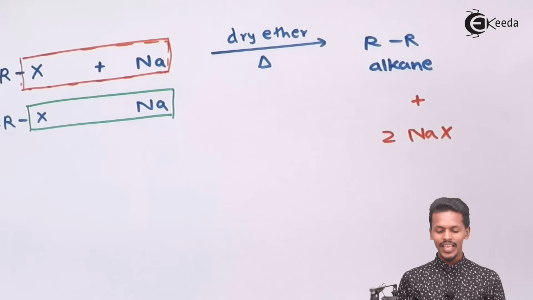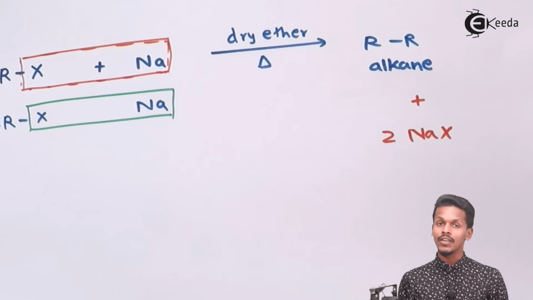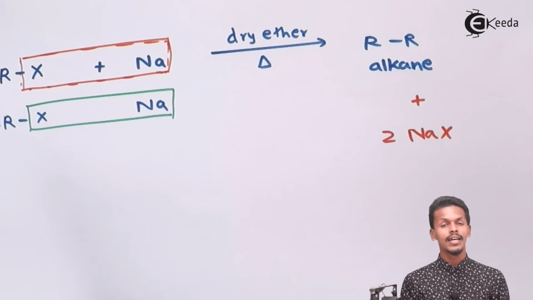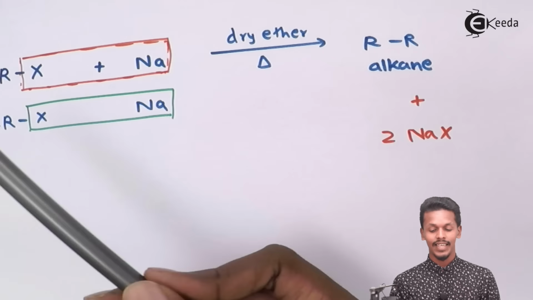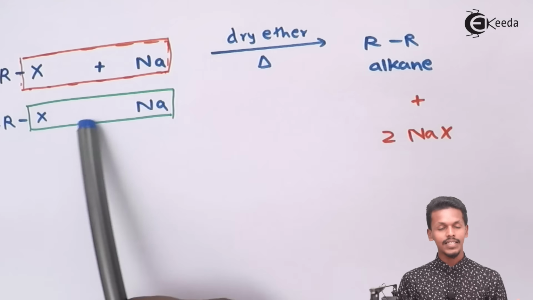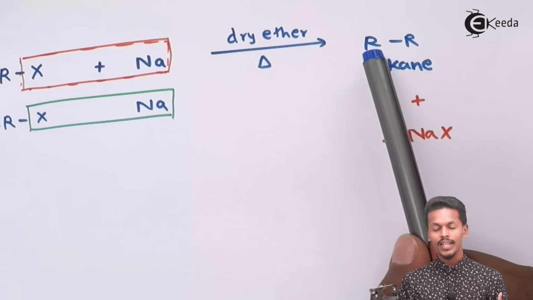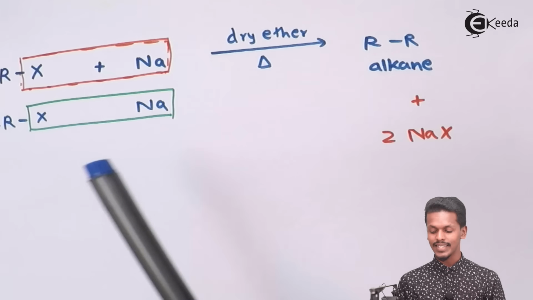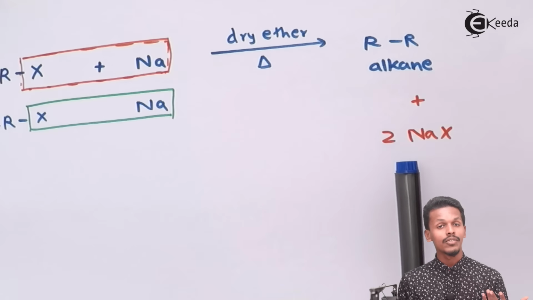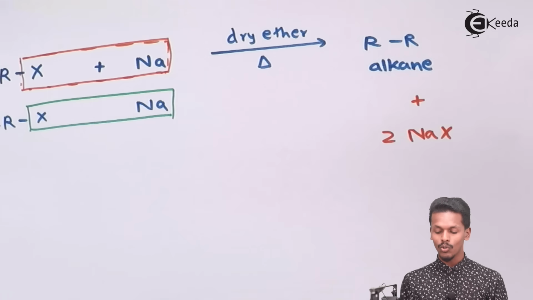So this is a process where we have converted an alkyl halide, that is RX, to an alkane, in which the number of carbon atoms is doubled, because 2 moles of the alkyl halide were involved, and to complete the reaction we introduced sodium metal. When all these reactants were involved in presence of dry ether and we heated and made the reaction, we got R-R, an alkane. It consists of 2 alkyl groups, and 2 moles of NaX have been removed as a byproduct. This kind of reaction is known as